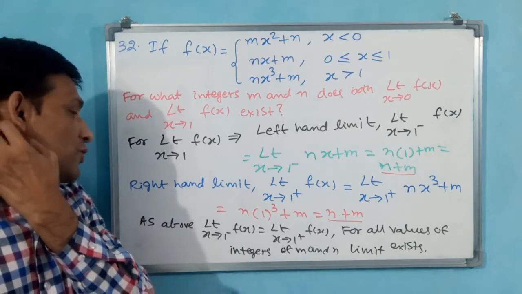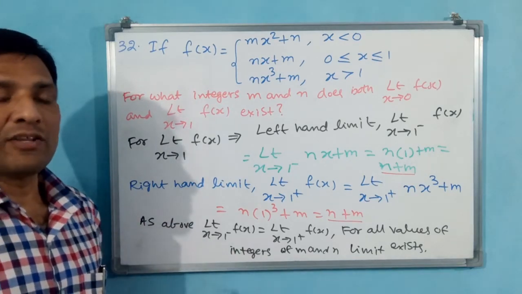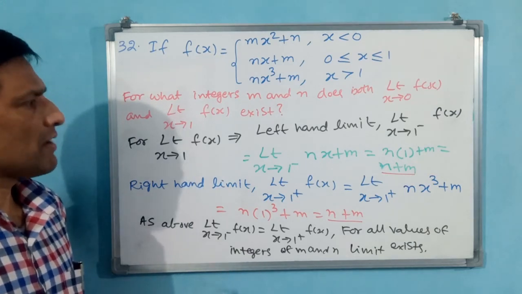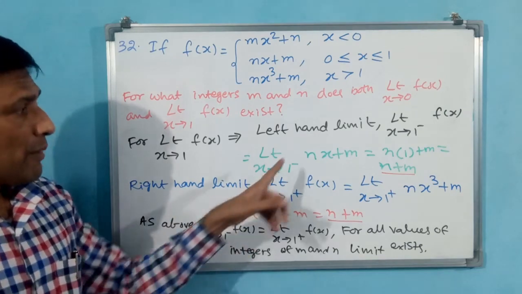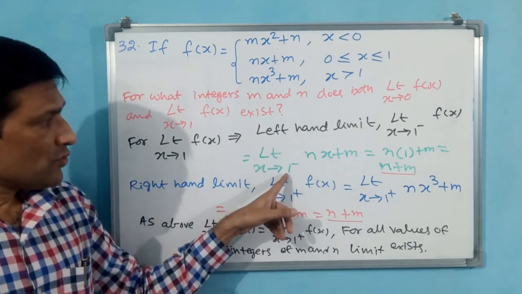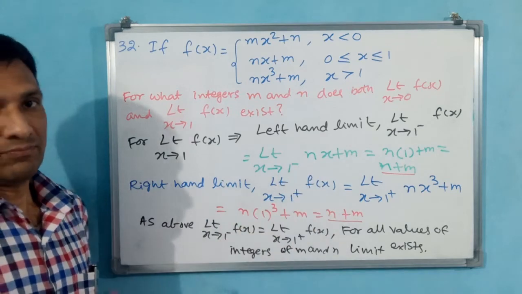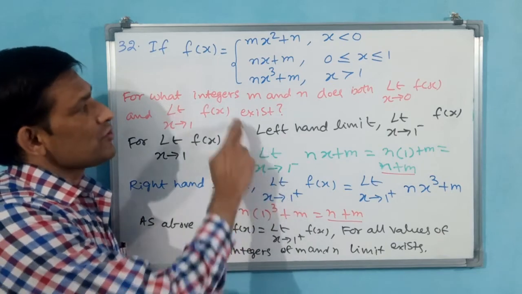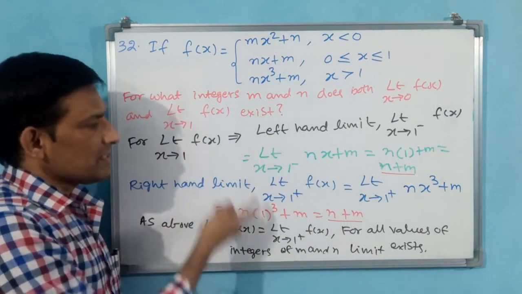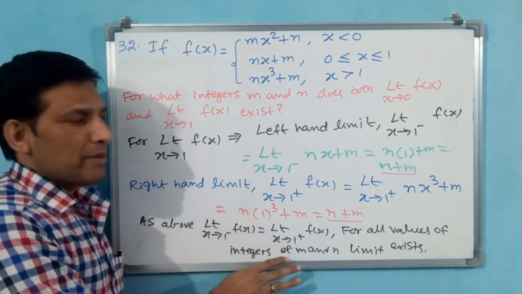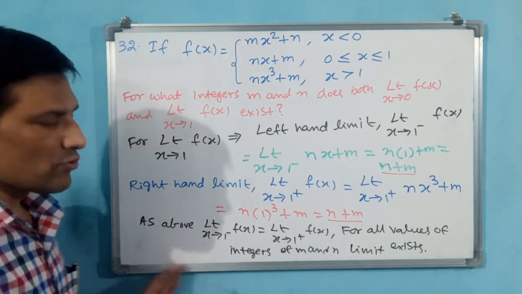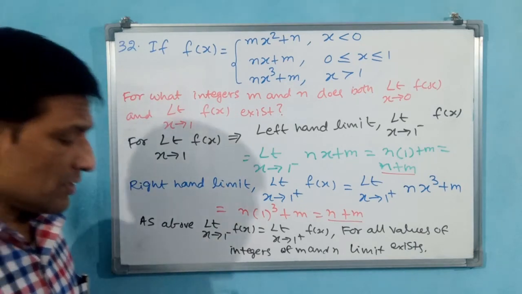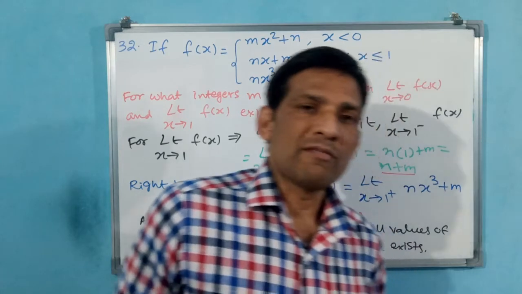For all values means, again you may think, sir, whether it is m and n or 0, what will be done? Okay, m and n also okay. Why? Because see, m and n are values, but here 0 is the x value. That you keep in your mind. 0 is x value. When x is 0, that limit is different. When x is 1, this limit is different. Here in this limit, for m and n, any values if you put, automatically this is going to exist. Okay. Now, we have finished this exercise 13.1.